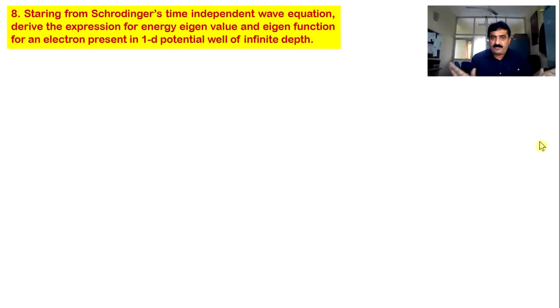Normally he doesn't have that much energy. Assume that he doesn't have energy. Then you have to give energy from outside and lift him up. As long as he is in the well, we treat his energy as zero. And if the height of the well is infinite, then we call that well infinitely deep. The depth is infinite, but the width of the well is finite. So this is the background of the potential well.